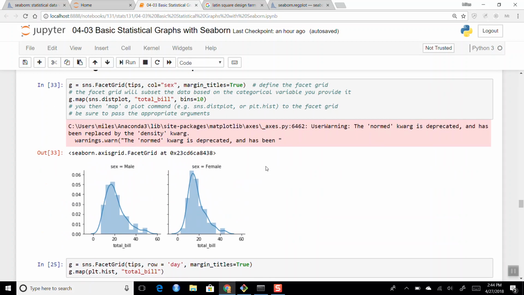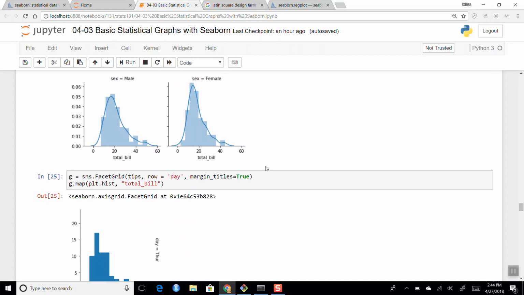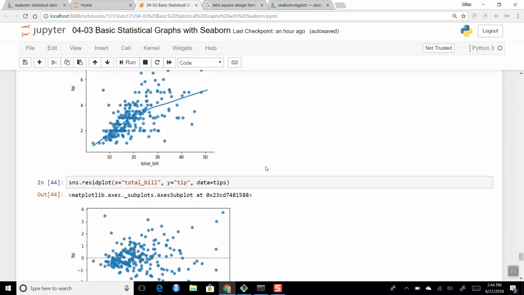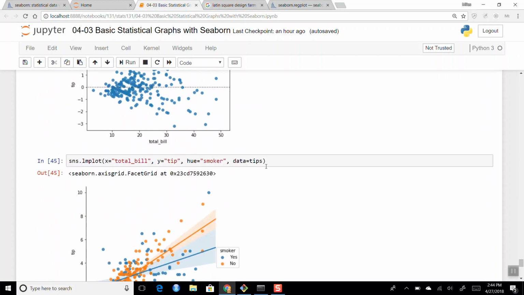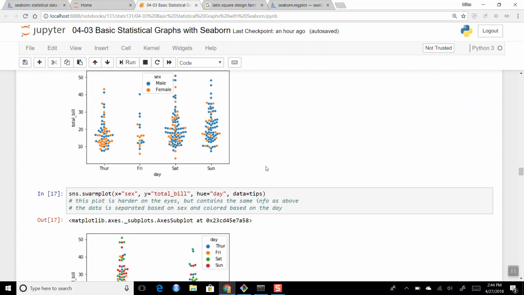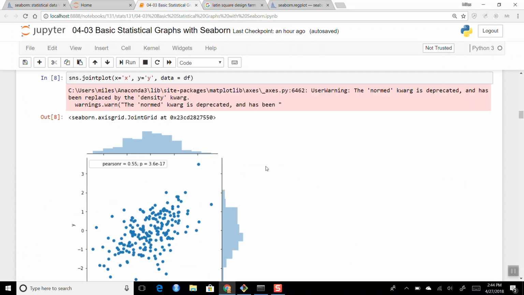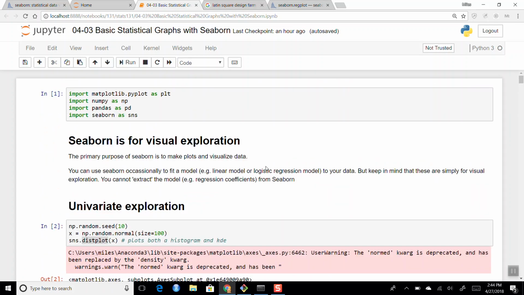Okay, and then facet grids are nice, but it's also easy to subset the data yourself and make histograms that way. So, okay, that's all I had prepared for today for Seaborn stuff. I don't know if you guys have more questions on this. This is just kind of for exploratory visual